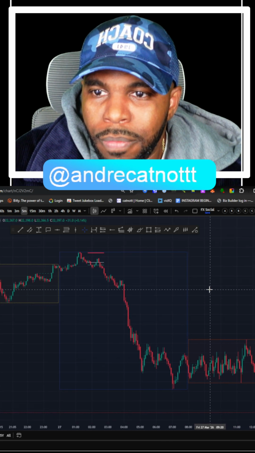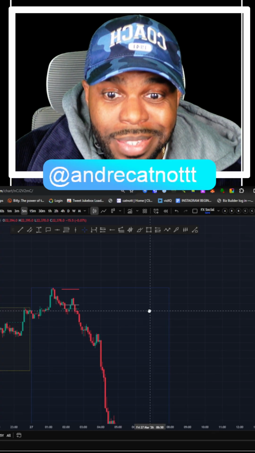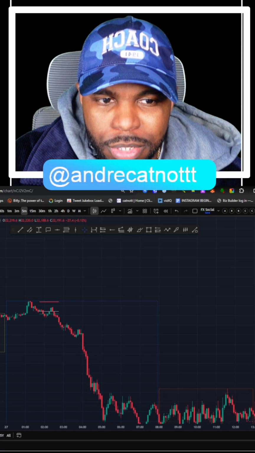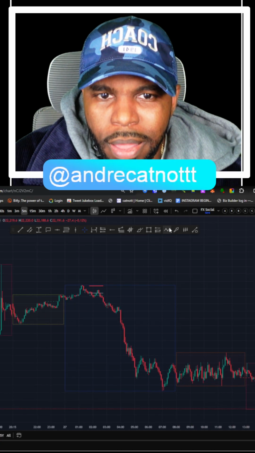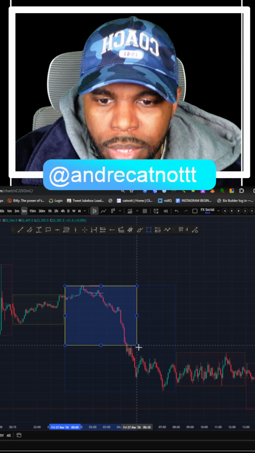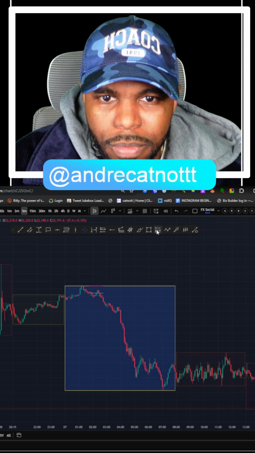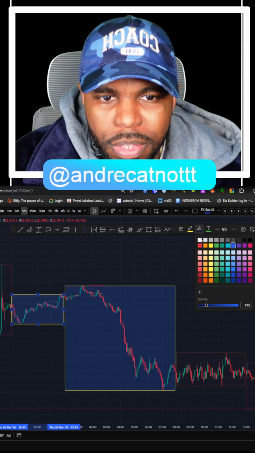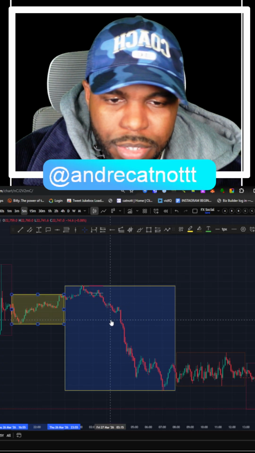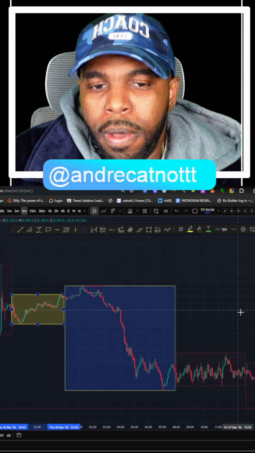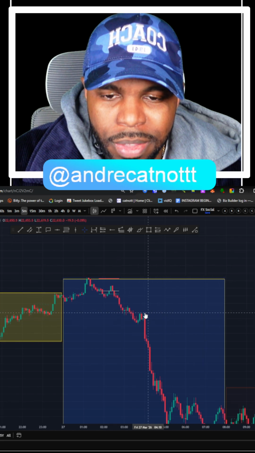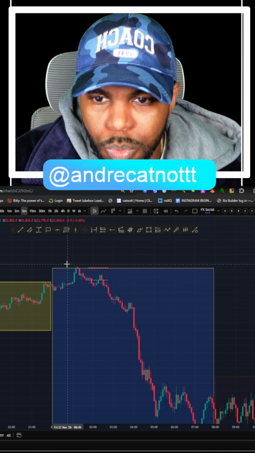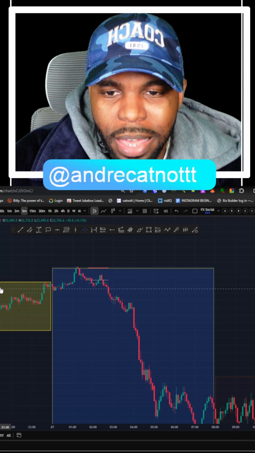Okay, so this is German 30. I'm going to show you guys an example on a move that you could have caught in London session. Okay, so I have these boxes, right? This helps me determine where the session liquidity sweep happens. Whenever the current session sweeps above or below the previous session, the yellow is going to be the Asian session, the blue box is going to be the London session. So whenever the current session that I'm trading, in this example, let's say that we're trading in the London session, right? Whenever price sweeps above the previous session, in this case, it swept above the Asian session,